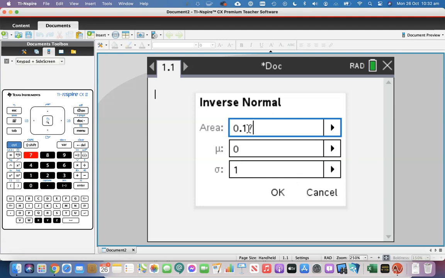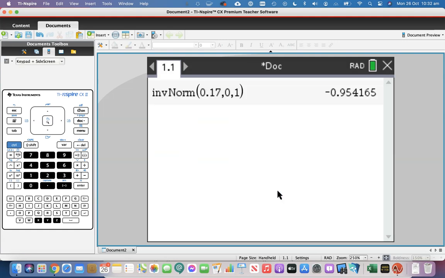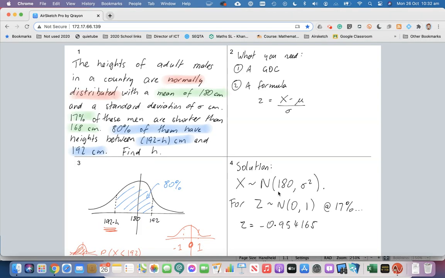So I'm looking for what is the Z value at 17%. Click on OK, and I get Z equals negative 0.95415. I'm putting the whole value in. So there you go, you can see I've got it there. Z is equal to negative